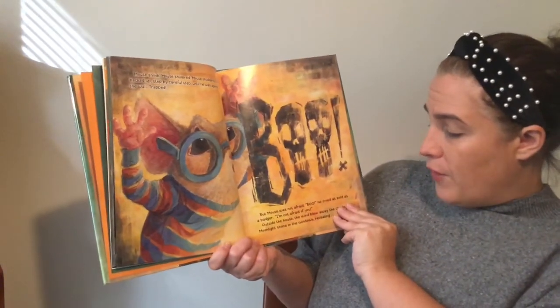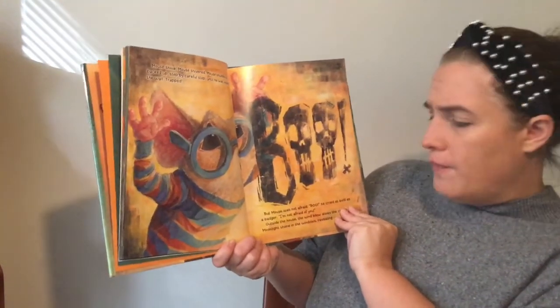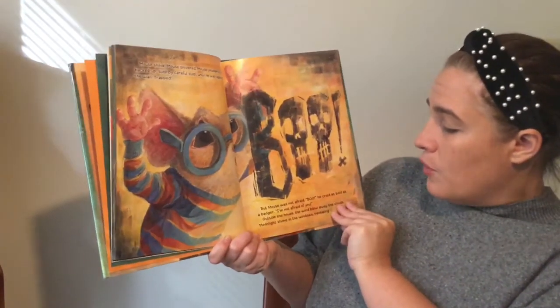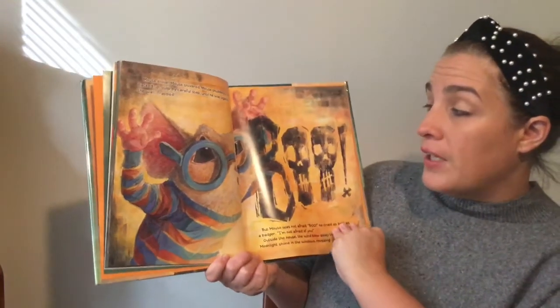But Mouse was not afraid. "Boo!" he cried, as bold as a badger. "I'm not afraid of you." Outside the house, the wind blew away the clouds. Moonlight shone in the windows, revealing